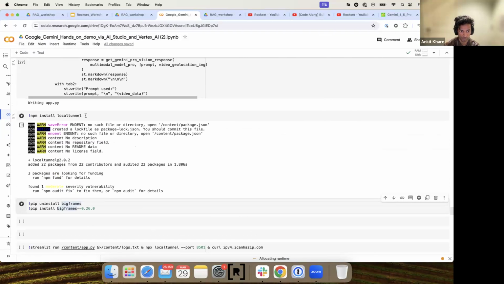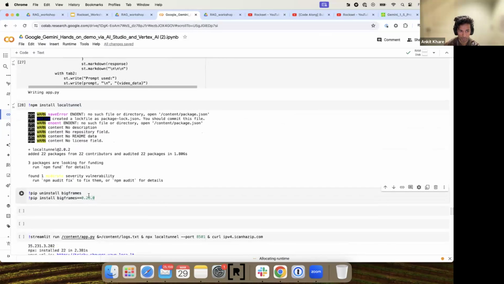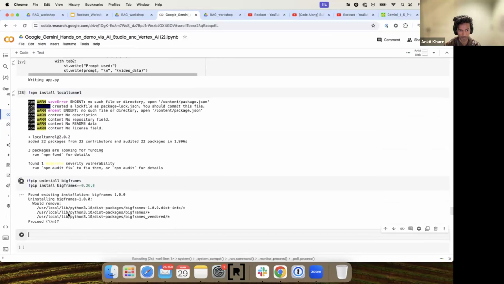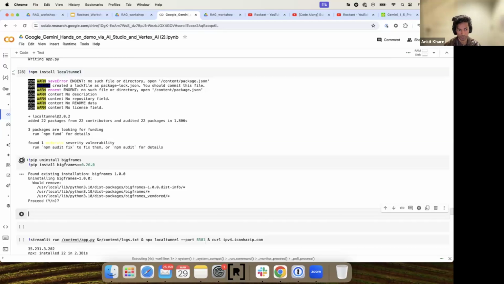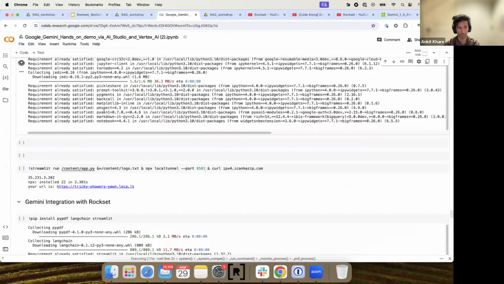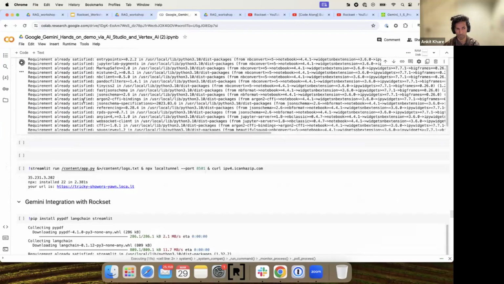So we ran this local tunnel for Streamlit, and now we are gonna install a few more dependencies so that Streamlit works properly in Google Colab. As you can see, it's asking me for yes or no, and I have no way to type. So what I'm gonna do is just stop this cell and it will install anyways. So it keeps on installing when I click the stop button,